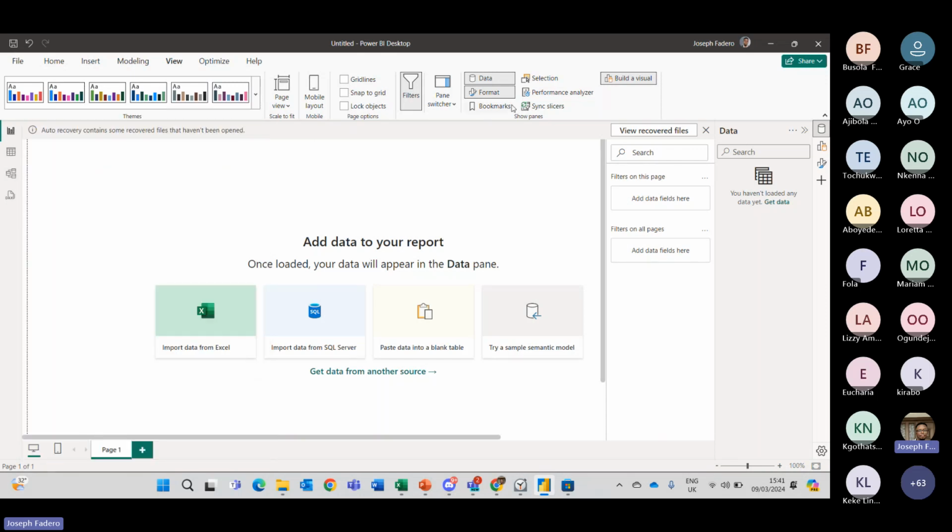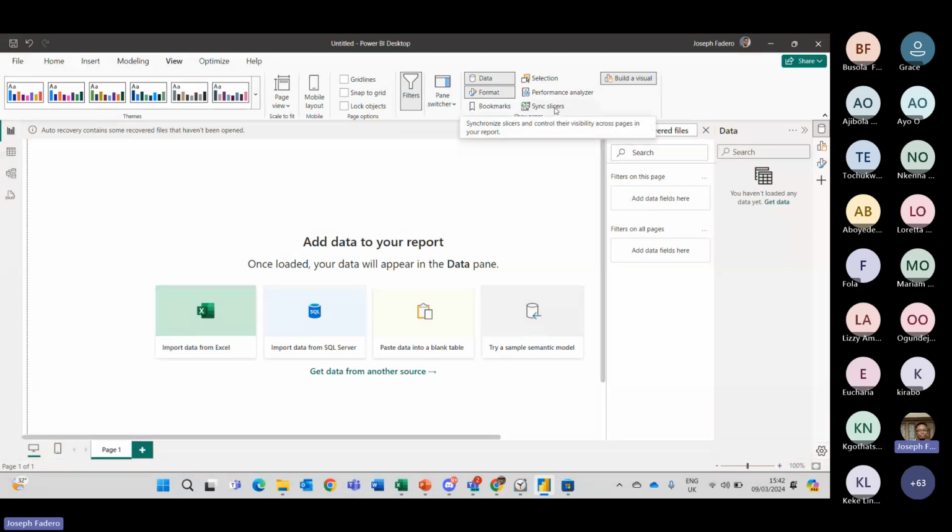And it allows you to also check performance analyzer. So this allows you to check how your Power BI is performing based on certain metrics: how your calculations are performing, how your visual is loading, how your tabs are working in Power BI. Then you have a section for sync slicers.